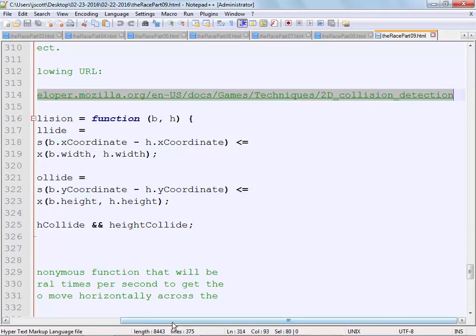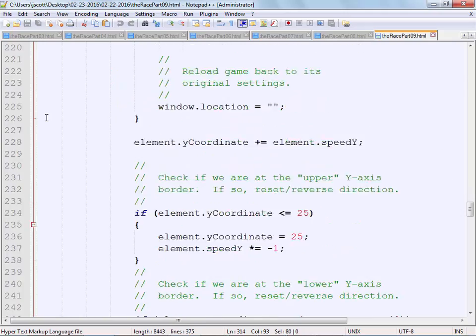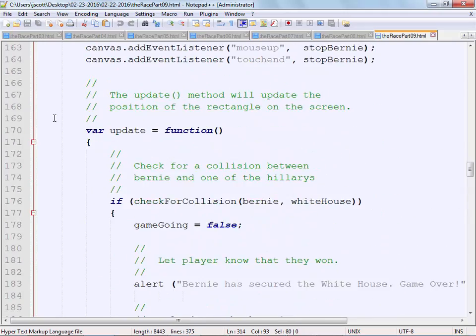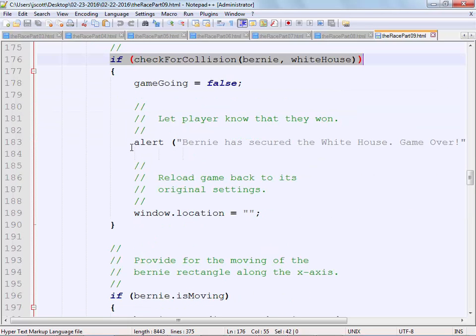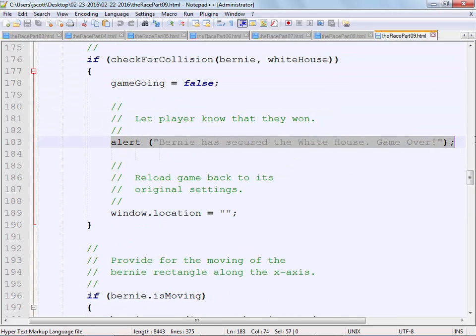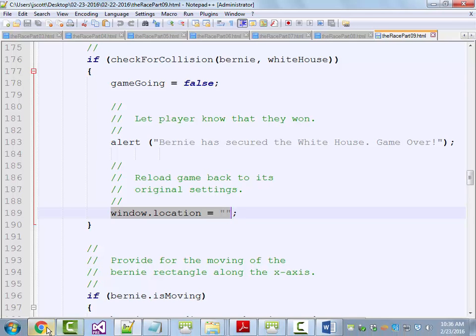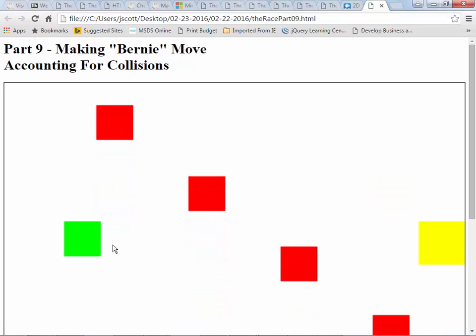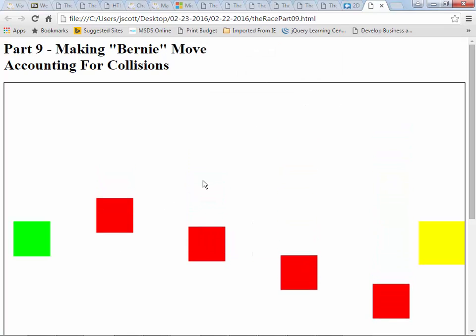So when I go back up to the top, besides the actual collision detection, we have to check for a collision. If we get to the end, Bernie has secured the White House. The game is over. So our flag to tell the game to keep going, we set it to false because we're done with the game. You may or may not have noticed this window.location, but when you're playing this, whether I make it through here or whether I don't, as soon as I click OK, it resets.